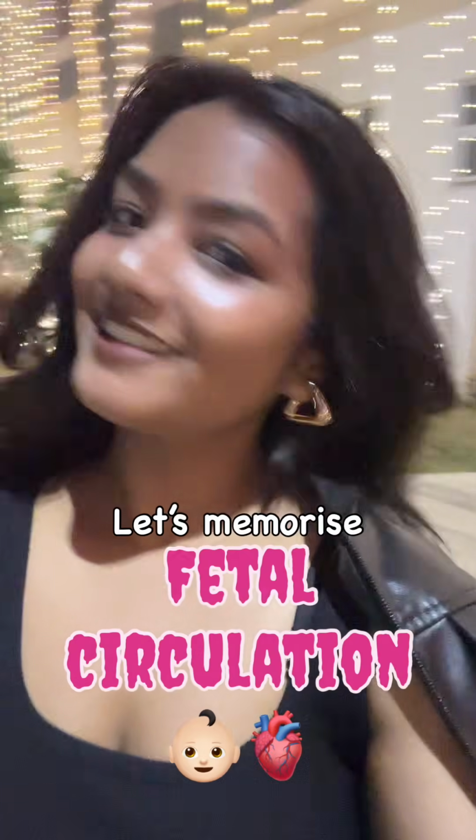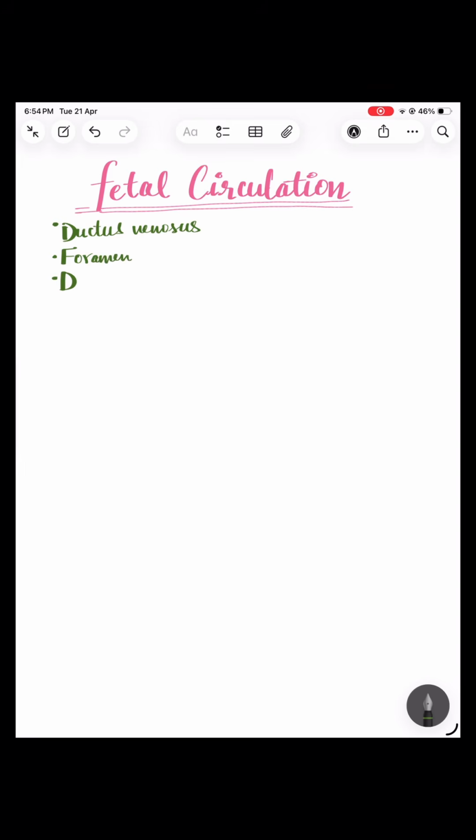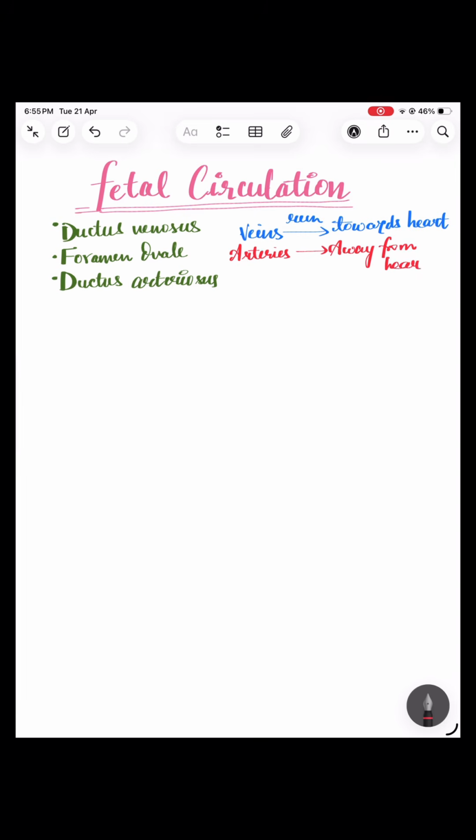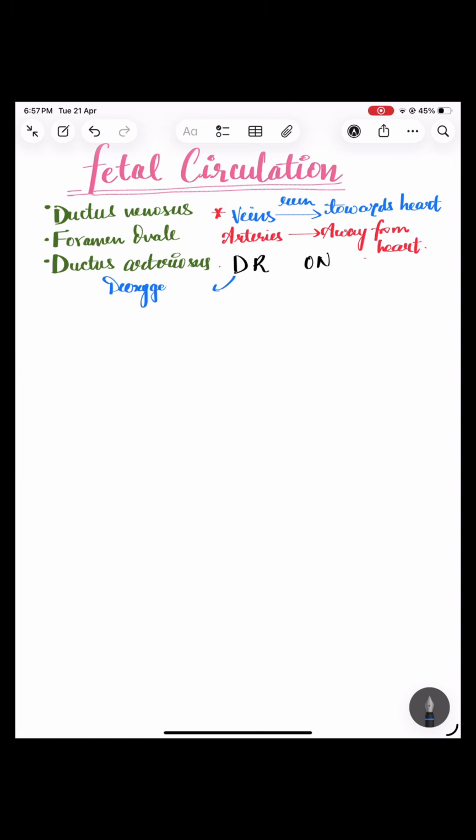Let's memorize fetal circulation. Fetal circulation is just like adult heart circulation, except you need to remember three things. Starting with DFD, which stands for ductus venosus, foramen ovale, ductus arteriosus. Second part is the common circulation rule, meaning the veins run towards the heart and arteries away from the heart. And lastly, Dr. On, which stands for deoxygenated blood follows the regular path, and via foramen ovale, oxygenated blood follows a new